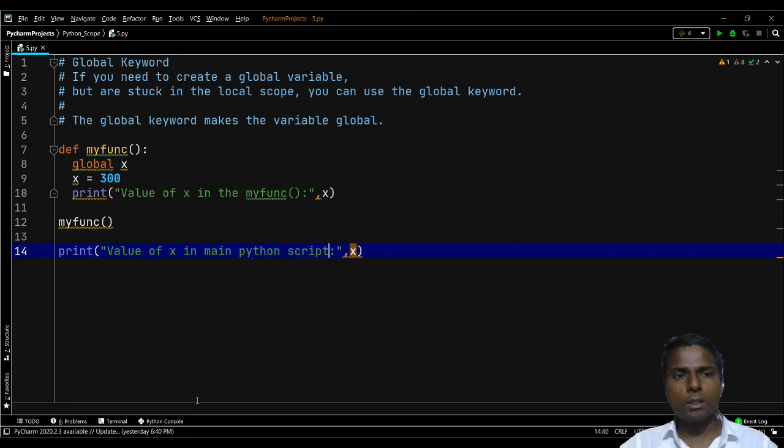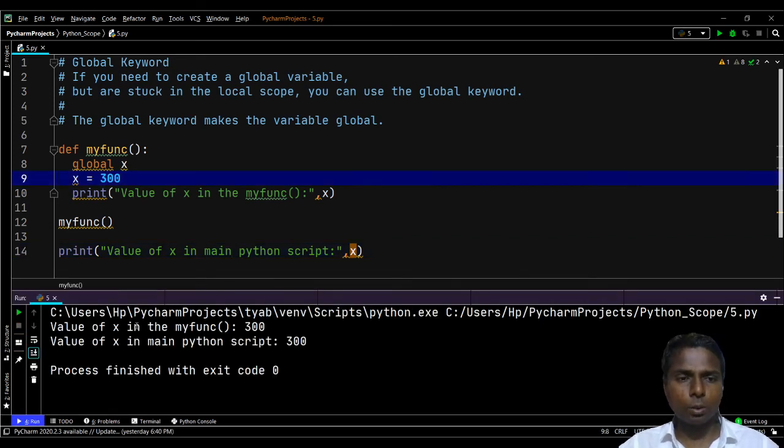So we'll check what is the value of x in myfunc, and what is the value of x in the main script. If I execute it, we'll get the value of x as 300 in both cases. Value of x in myfunc is 300. Value of x in the main Python script is also 300, and this is happening because of this global keyword.